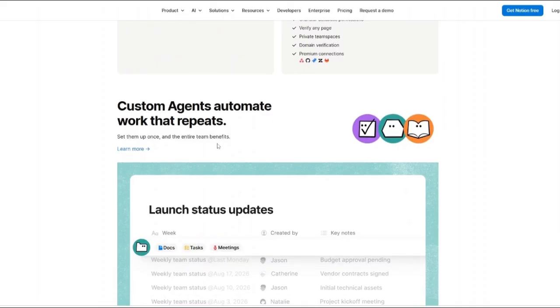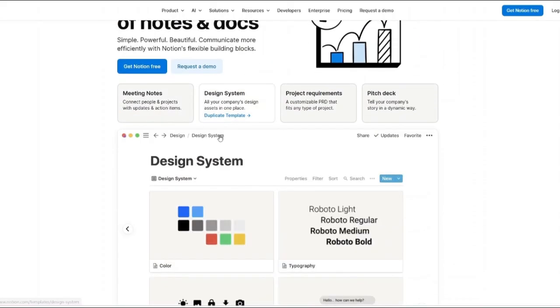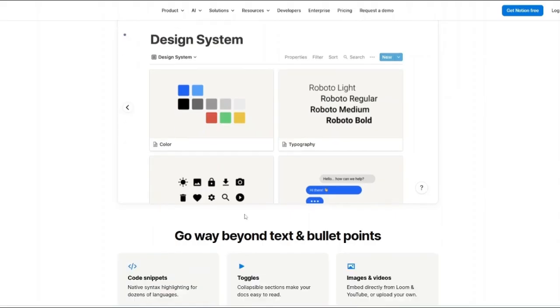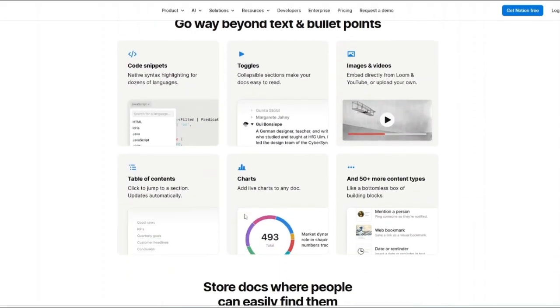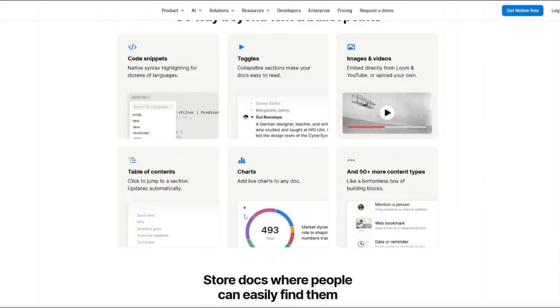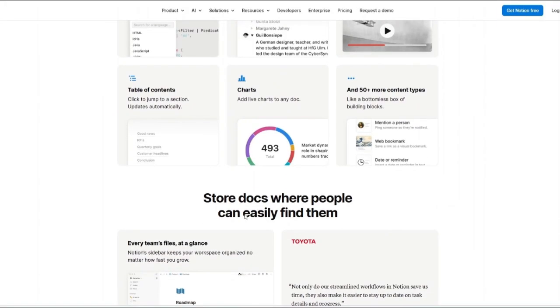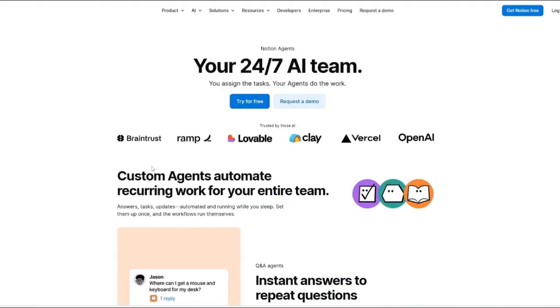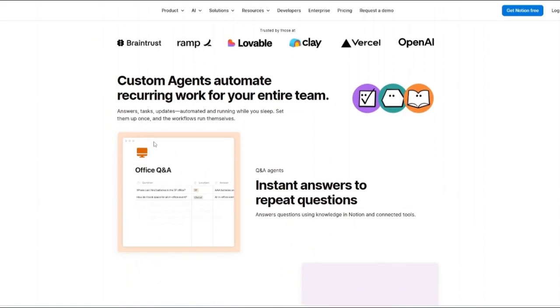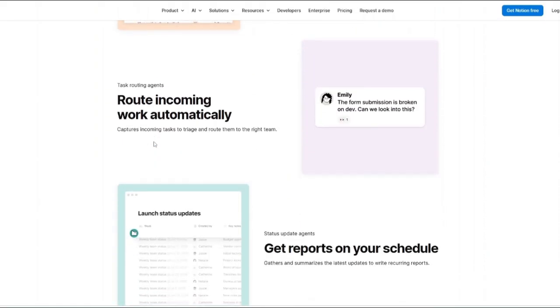There's also project management. Teams can manage tasks, deadlines, milestones, and workflows directly inside Notion. Document creation. Notion combines traditional document editing with database functionality, making it useful for both writing and organization. And there's cross-platform sync. Everything stays synchronized across desktop, mobile, and web applications.